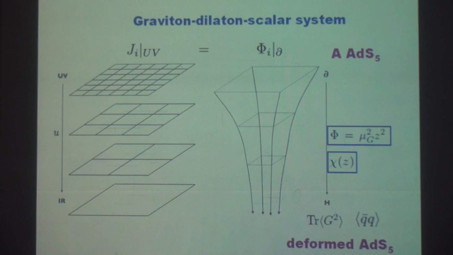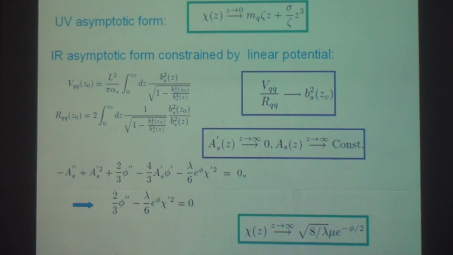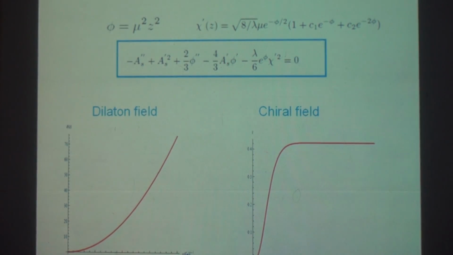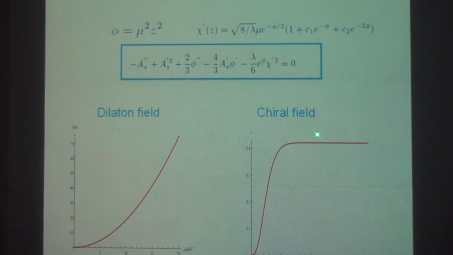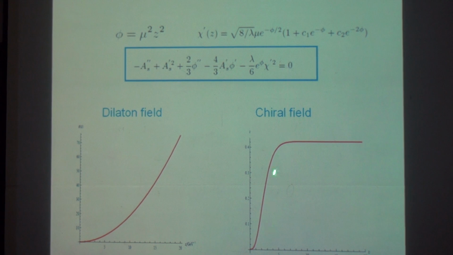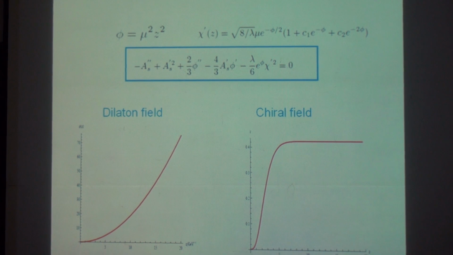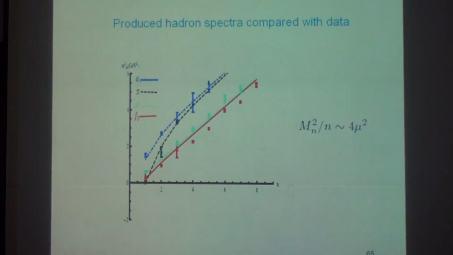And then after we solve this out, we can get this chiral field. So this is the solution of the chiral field. This of course is our dilaton. This is the input, and then we can produce the hadron spectrum. I think this is quite good. I mean, this basically agrees with lattice data. No, experimental data